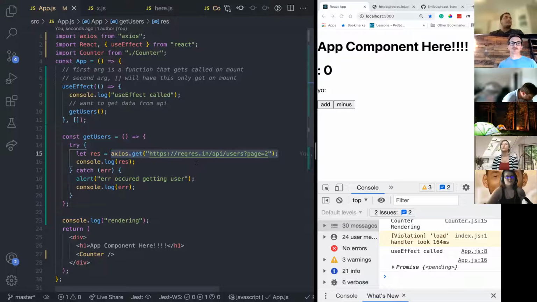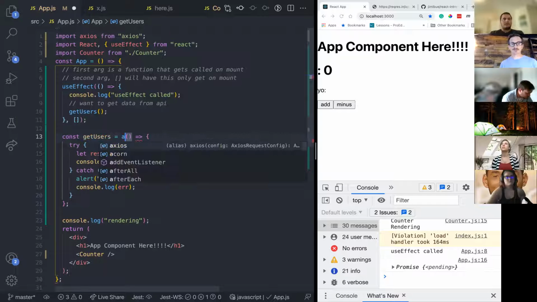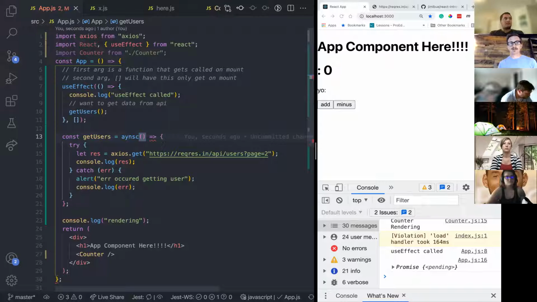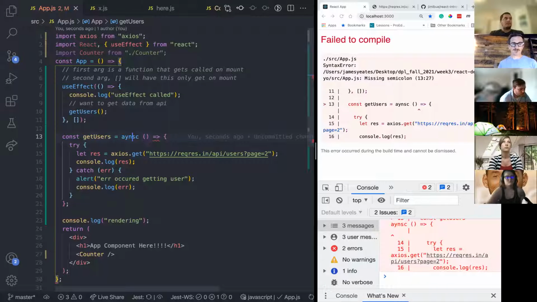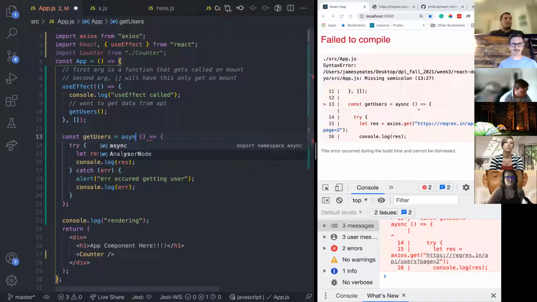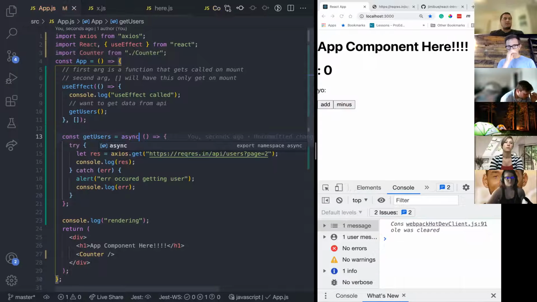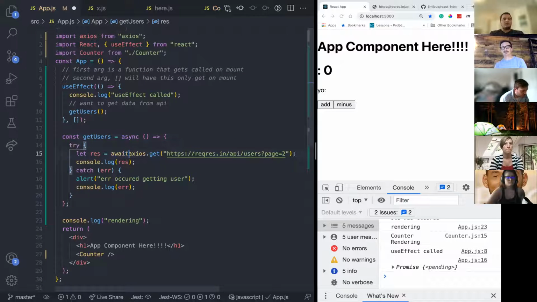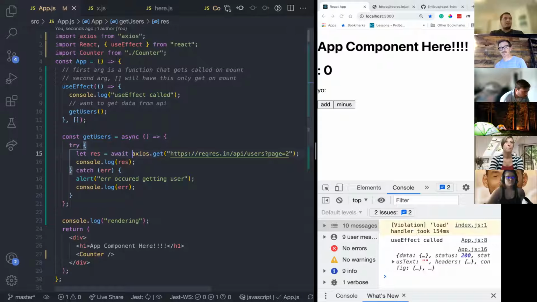So if you see this promise, we need to remember to do the async await syntax. So to do that, I'm going to make my function async by throwing the async keyword in front of the parentheses. And now I can use the await syntax. And boom, there is